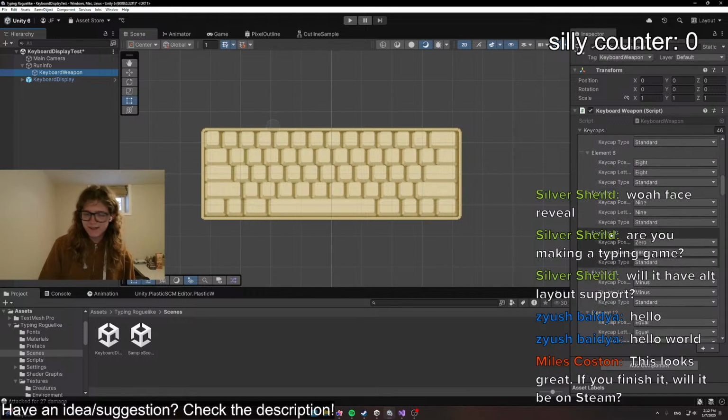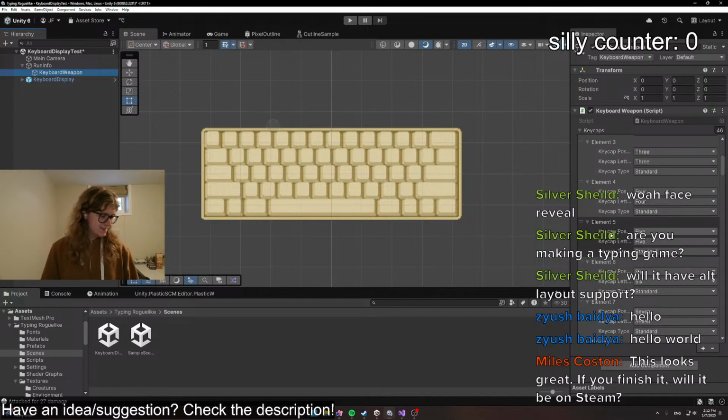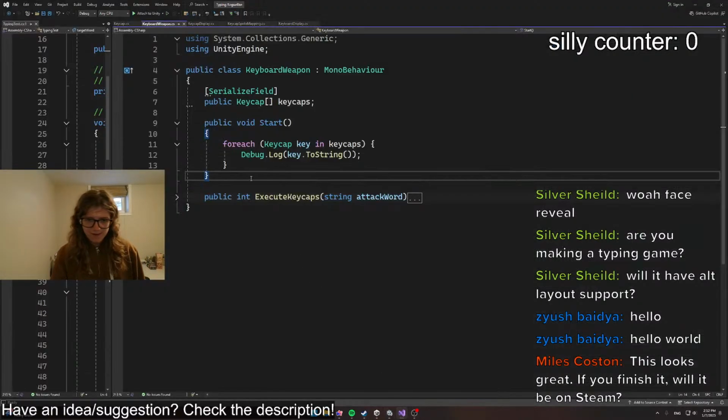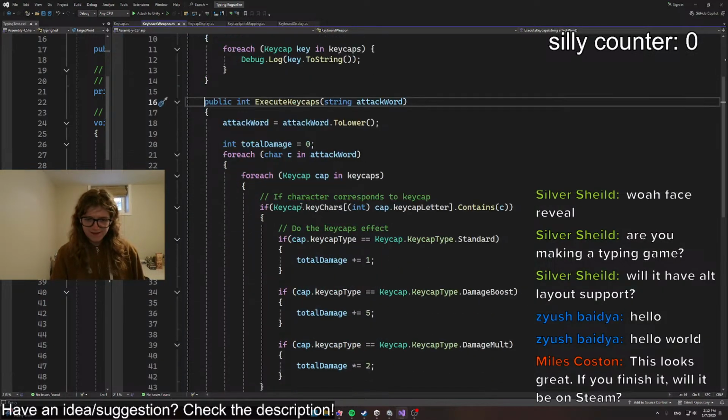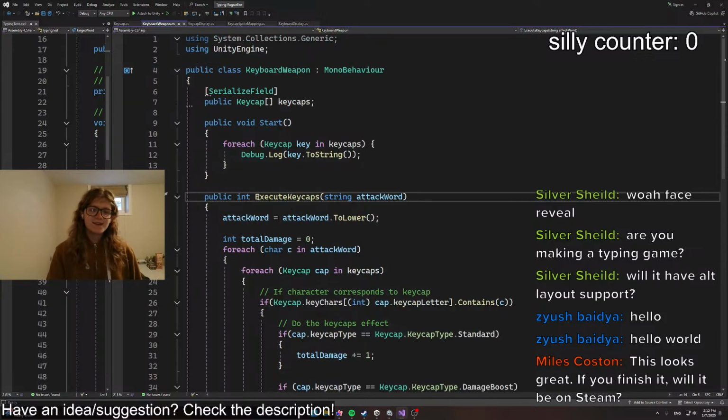I spent a long time trying to figure out how to do that, so I could just, whenever possible, do things in the inspector instead of having to hard code numbers and stuff. So that's that. And then the other method in here is execute keycaps, which is basically what calculates how